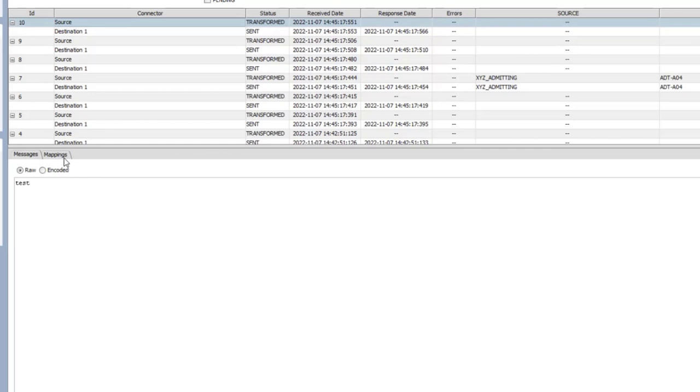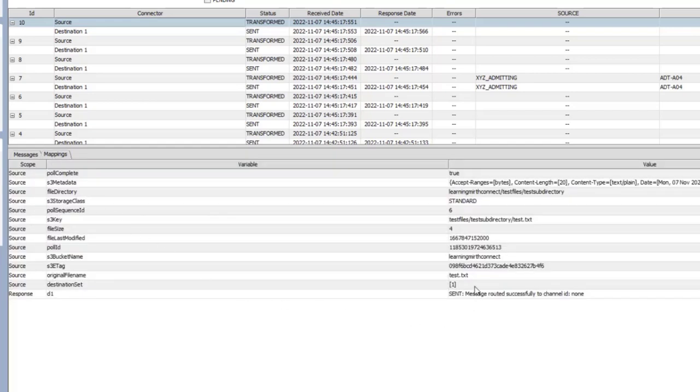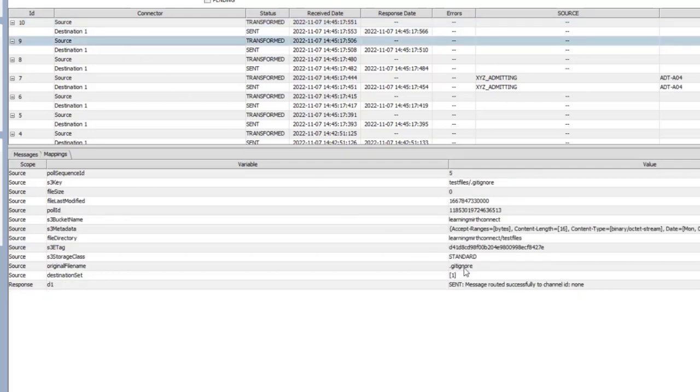So if we wanted to see the file names and the file directory they were located at, we can go to the Mappings tab, and down below we can see the original file name and where the file was at. So you can see this was in our Learning Mirth Connect folder, Test Files folder, and Test Subdirectory folder. And our file name is test.txt. If we go down to 9, you can see we got a .getignore file with our file directory as Learning Mirth Connect /test files. So if we go back to our channel,